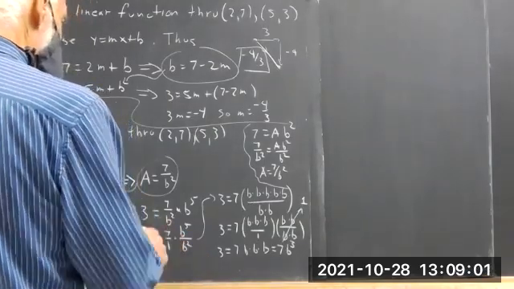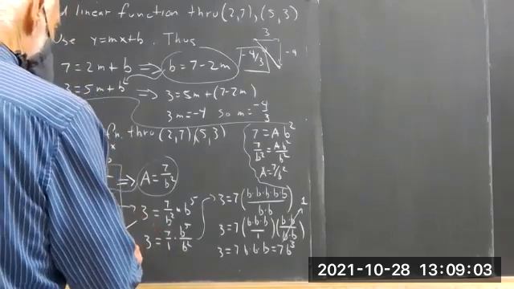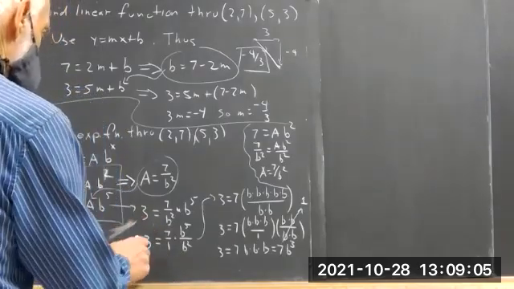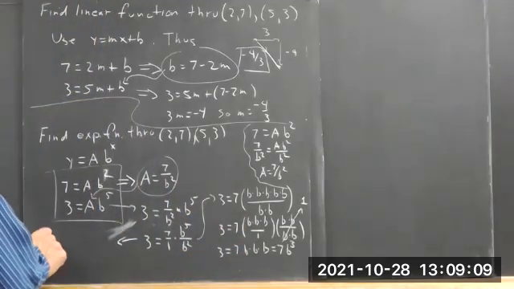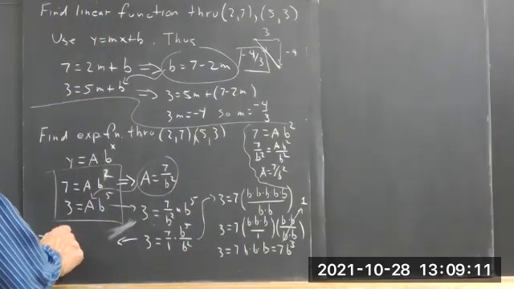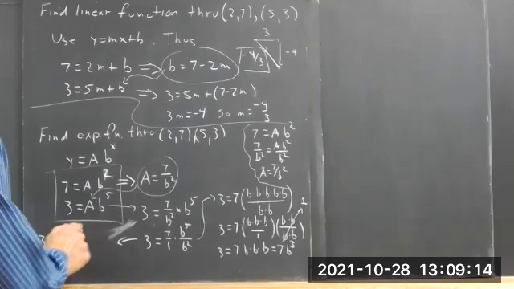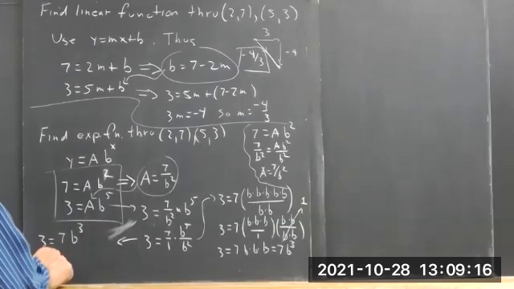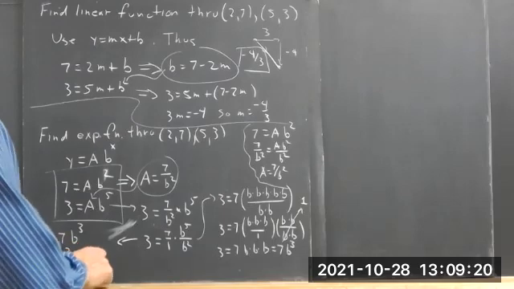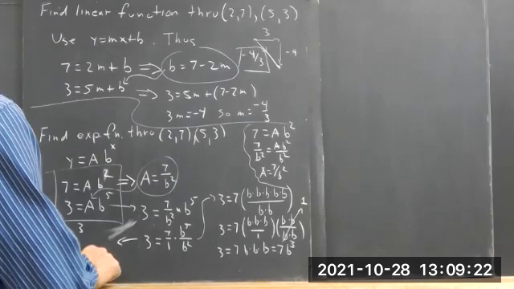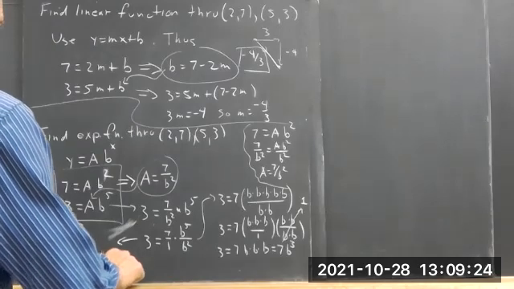So we could go directly from this, well, let's say we could go directly from this without having to go through all this. If we use the rules, we get 3 equals 7b cubed, so that b cubed equals 3 over 7. So b equals,